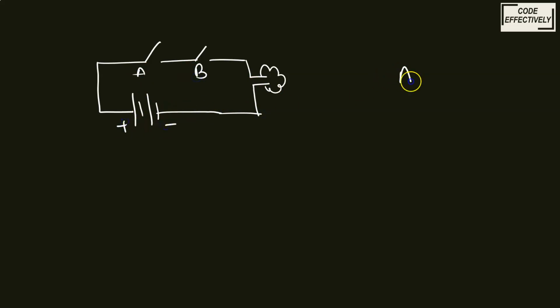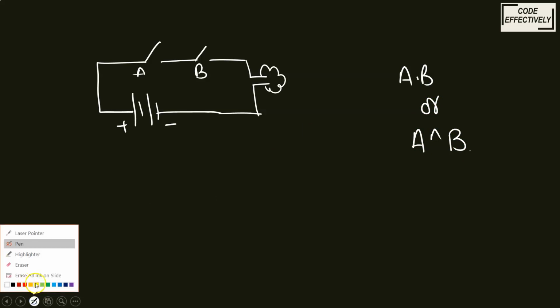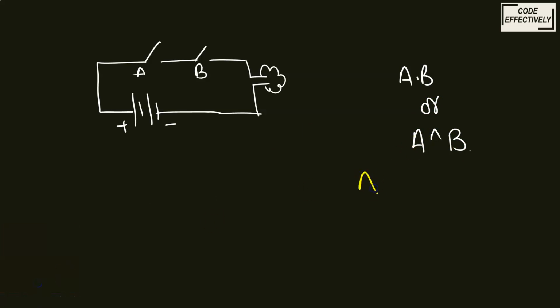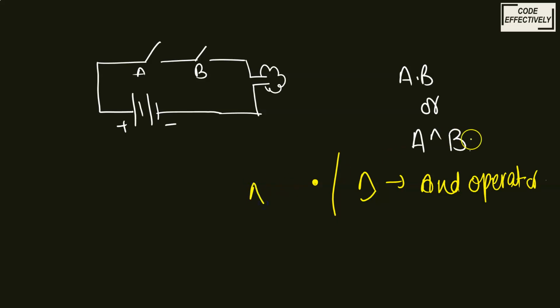So it can be written as A dot B, or you can write A inverted V B. This is a new thing for you. You must know this also, that inverted V also stands for the AND operator. The AND operator can be represented by 2 symbols. It could be dot, or it could be this inverted V. Remember, inverted V. So this is A dot B only. It stands for A and B. It also means A and B.